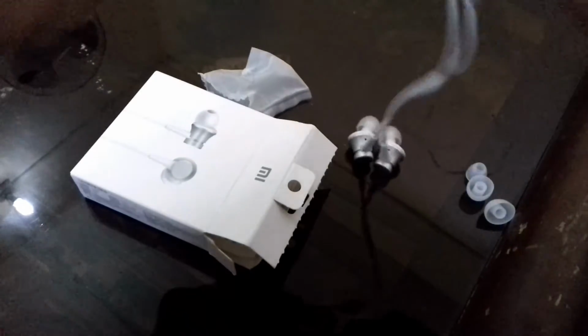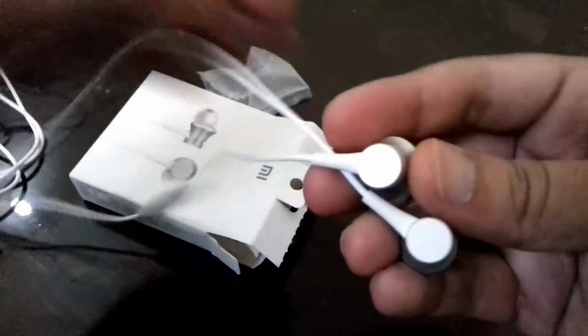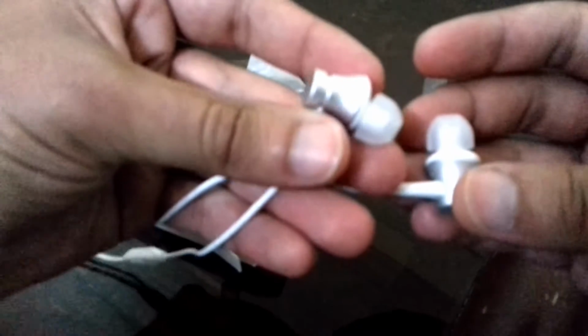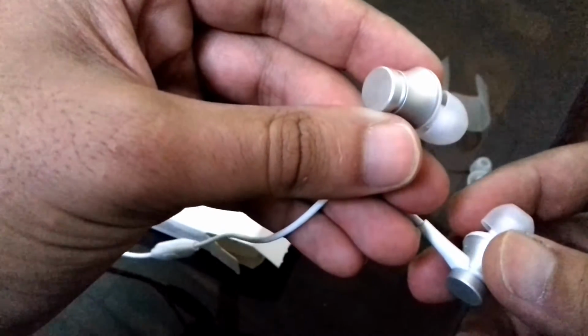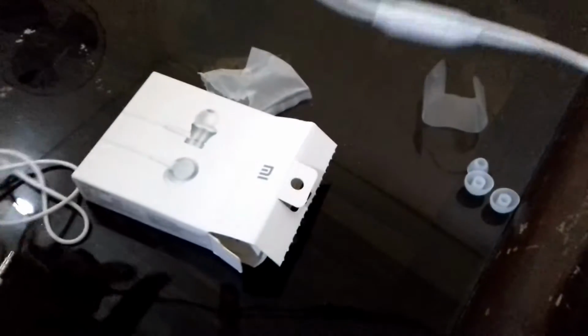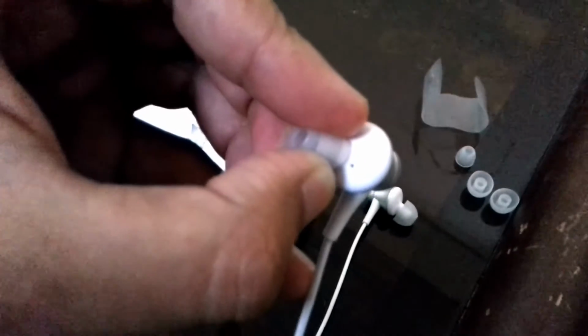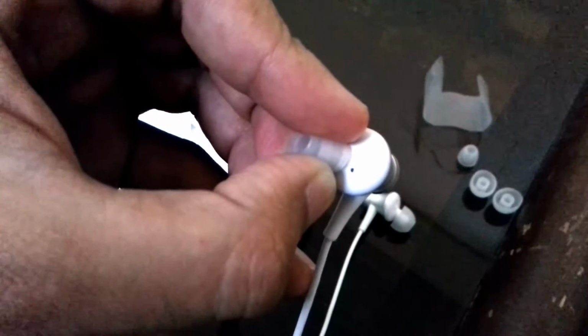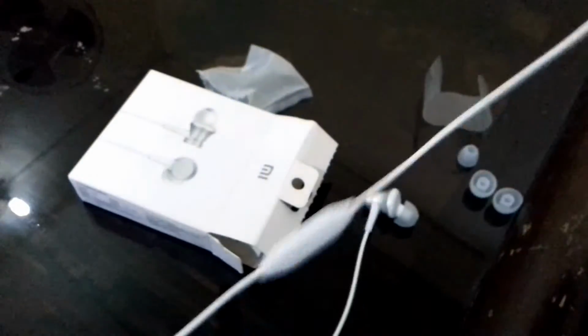So now let's quickly check how it looks. So this is basically the Mi pretty basic earphones. Yes, and I've tested it, but the quality isn't that good, you can say. But it has one more thing here, the active noise cancellation capability. Let me focus. So it has active noise cancellation characteristics. That is something I don't like about this headphone, that it blocks every other sound